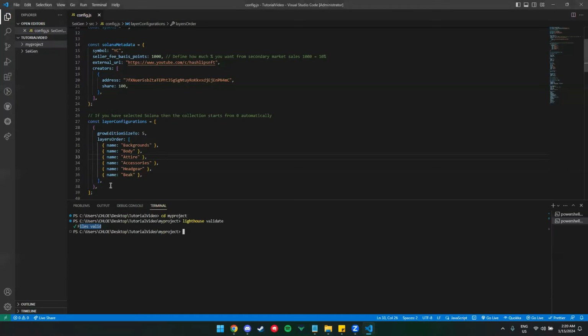And after doing that, since all files are already valid, let's upload your images and JSON file to Arweave.